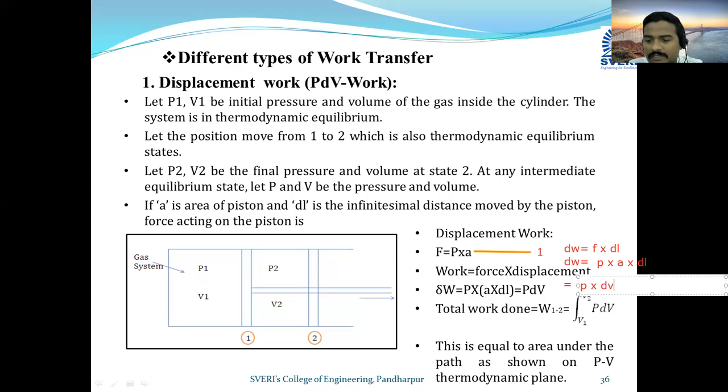लिहा मग पुढचे, therefore dW is equal to P into dV. लिहिलं घेत पण P into dV लिहिलं. Yes, sir. Okay, next line. Therefore total work done can be calculated as